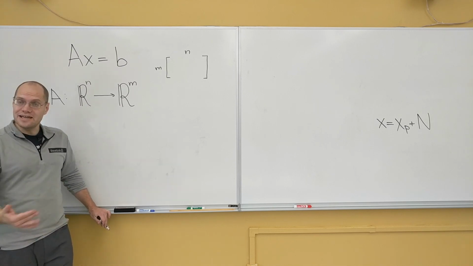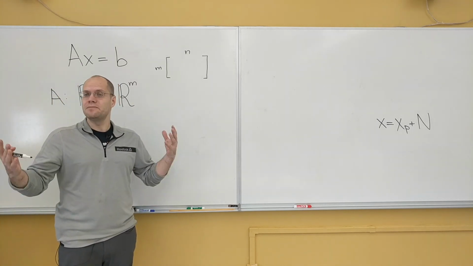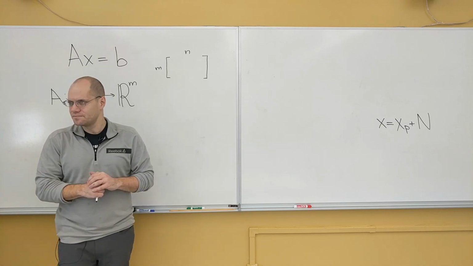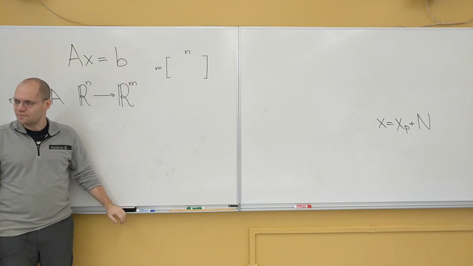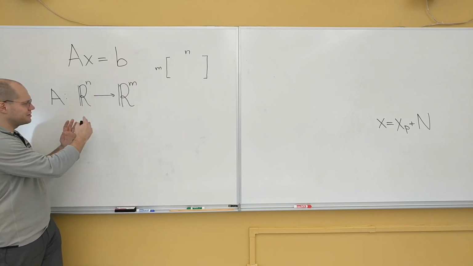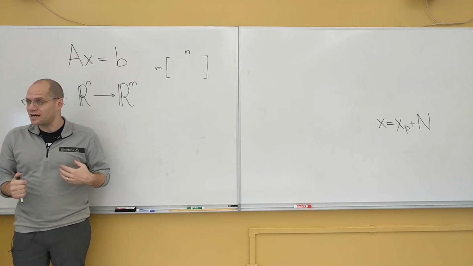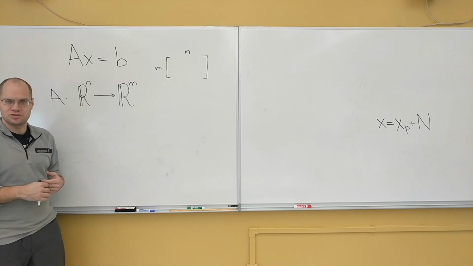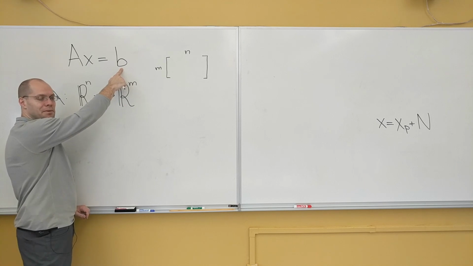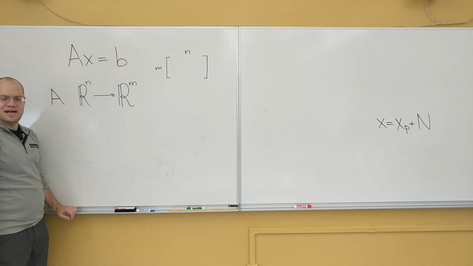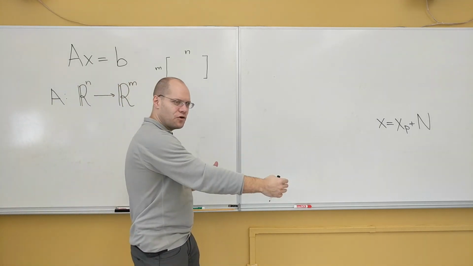And so for any vector, you can find its image. What do you do? You simply multiply it by the matrix A, and that will produce a vector with m entries from Rm. We're good? You see the logistics of what's going on? Yes. But the interesting question now is that of pre-image. If I tell you the resulting vector, B, where did it come from? Everybody can easily do the forward transformation,